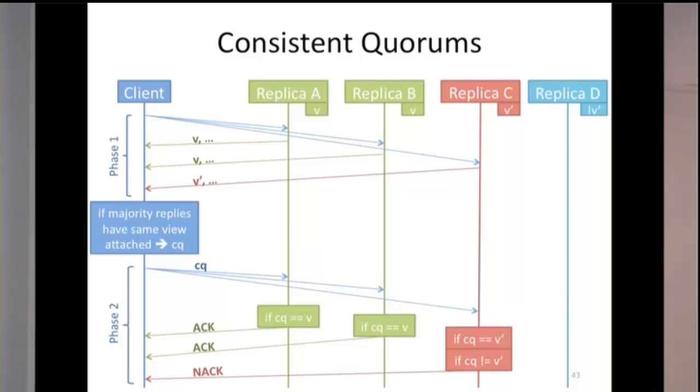So this is the basic idea of consistent quorums. We go into more details in the paper as well as in the thesis, and we give a correctness proof as well. But this is the high-level overview. One important thing here is that if there is another replica D, he also has a view of the system. But this view cannot be the same as V prime. Because if it were the same as V prime,